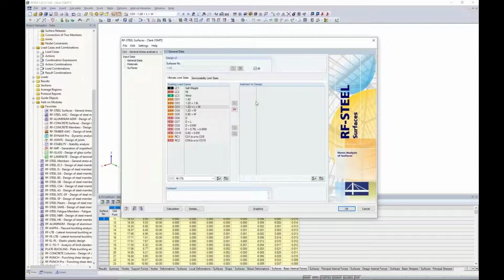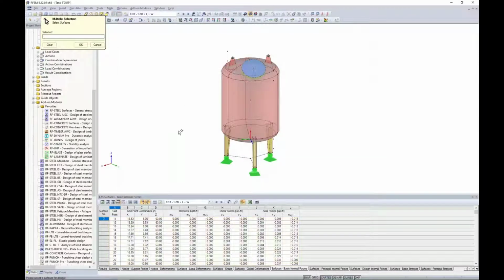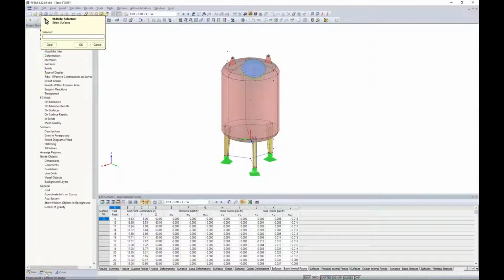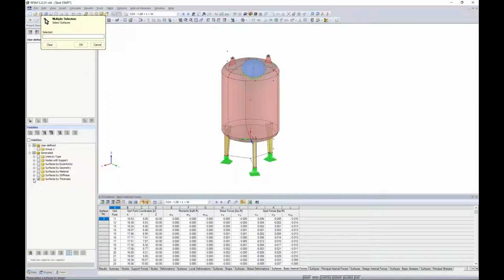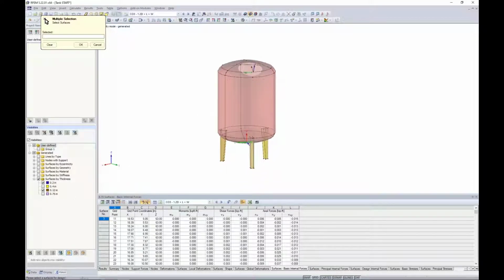By default, the program selects all surfaces to be designed, and I don't want that today, but rather I'm going to graphically select which surfaces. So under the Display tab, under the Views tab, is where I'm going to activate my surfaces by thickness. So I'm going to choose here my surfaces that are 0.2 inches thick as well as 0.12 inches thick. So this will highlight only in the graphical view here the